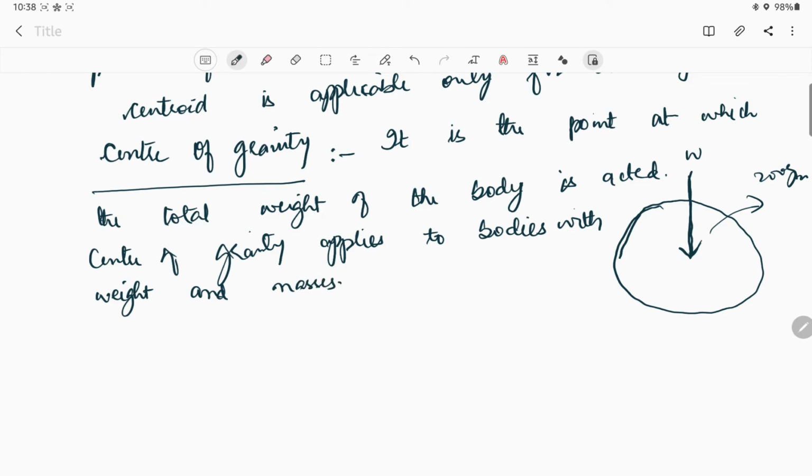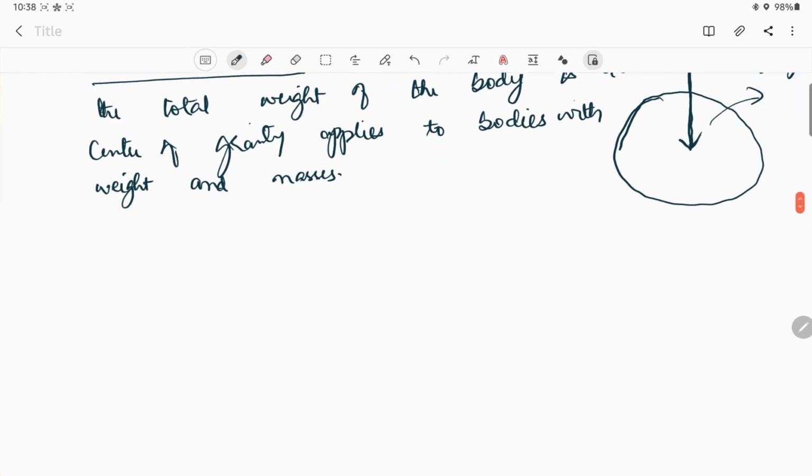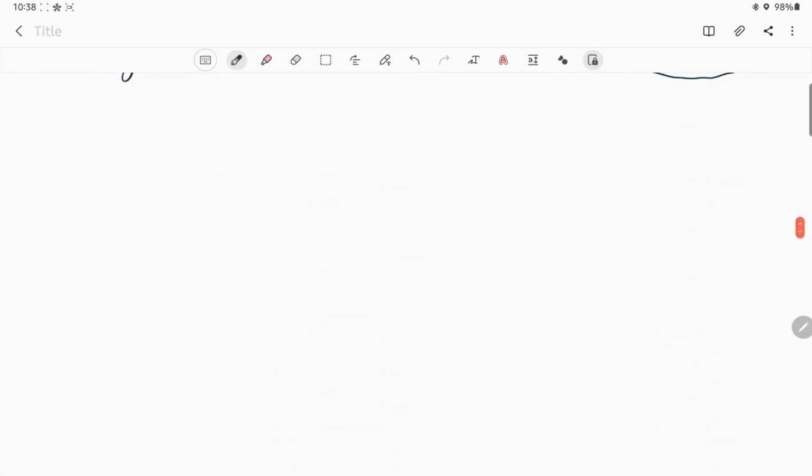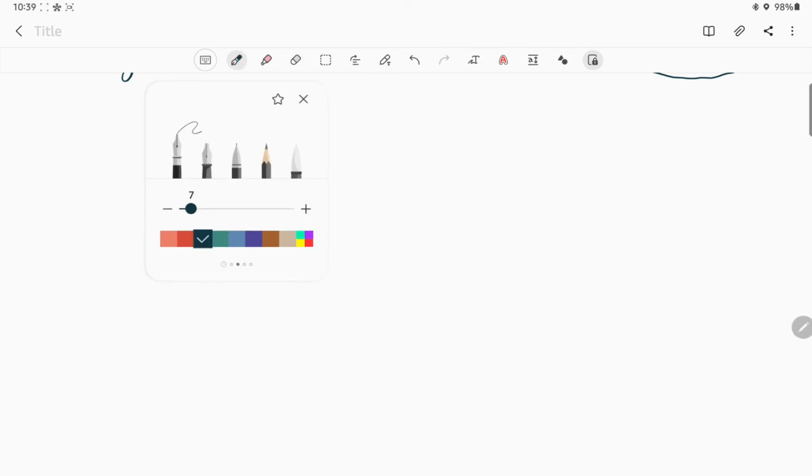Okay, right. Now we'll take down the important part of the unit, that is the centroid of a triangle. What will we be doing now? We'll be calculating the centroids of each and every object. How do we get the centroid of each and every object?